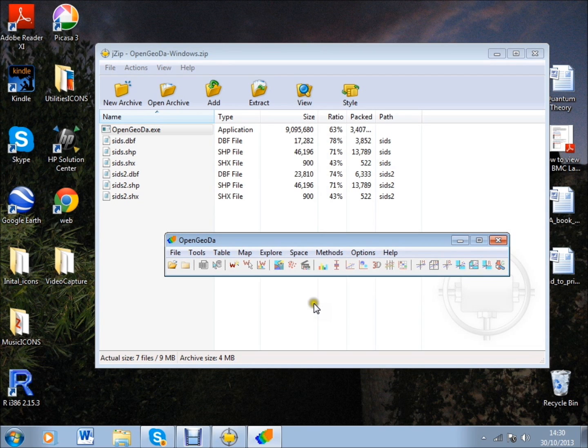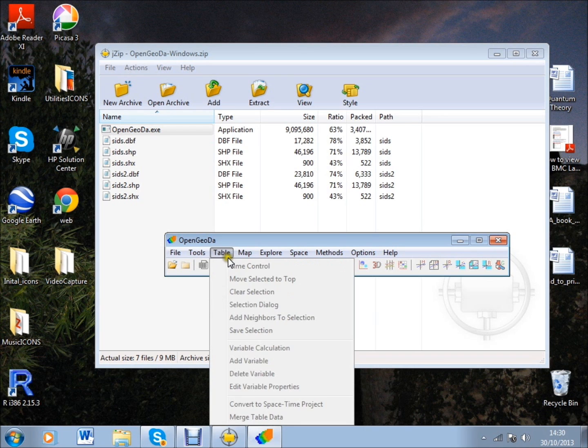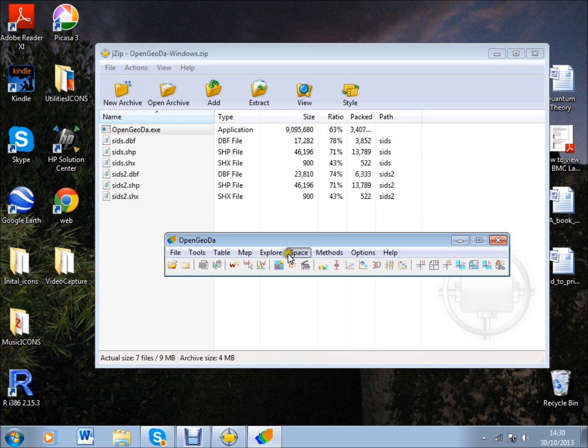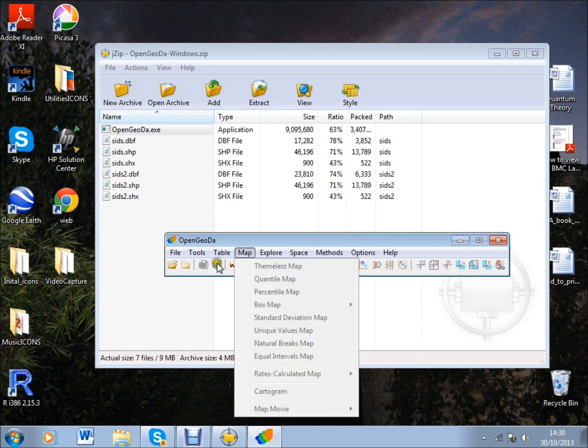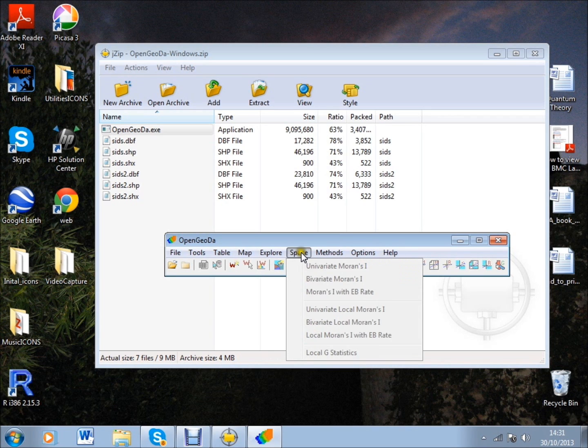This is a change from the previous versions of OpenGeoDa in that all that we see are the menu items. And we've got a series of possibilities from File through to the usual Help. It's quite useful at this juncture to open and expand each one of the items that are in the list, and also in fact to check on the icons underneath to see what they do. You'll see that GeoDa can do quite a lot, and in particular, and of interest to us today, what